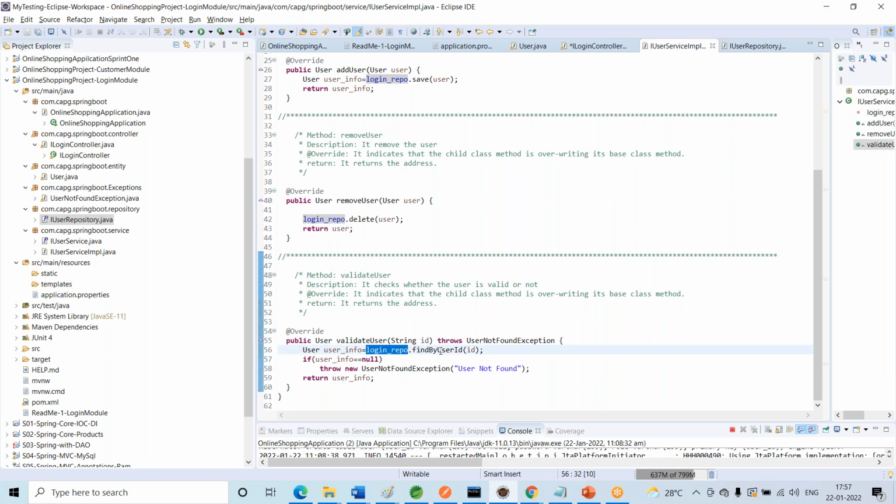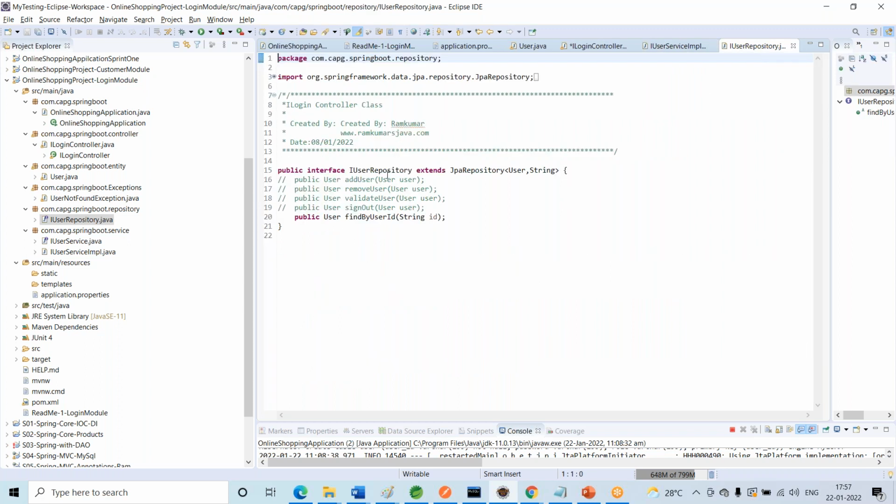The login info, find by user. What is the user ID? 1. Then execution moves to the service layer, and then the execution moves to the DAO layer. In the DAO layer, there is a repository with a JPA repository. User is an entity, and what type of data? String type data. All the methods are commented out, no need to use them,